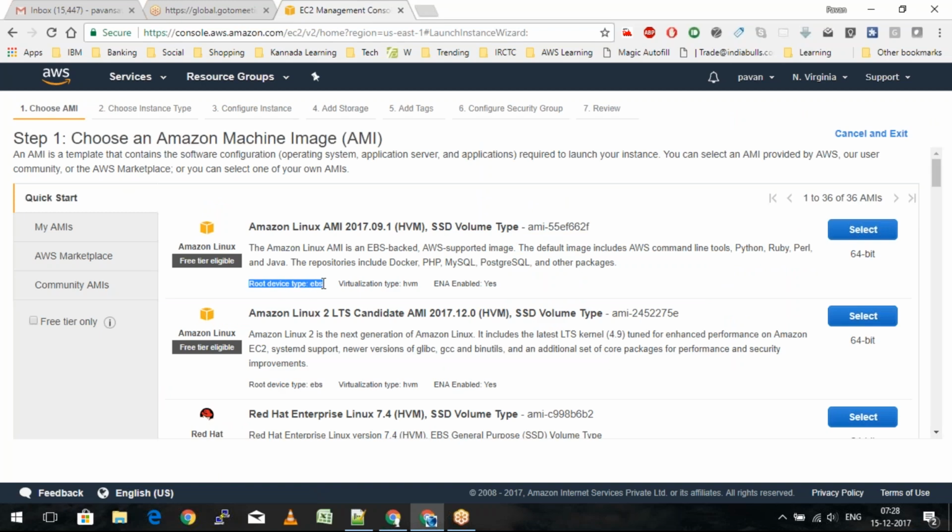You will be able to see beneath each of this AMI information that it says root device type as EBS, which means the volume that we are going to attach to this EC2 from this AMI will be basically the EBS volumes.